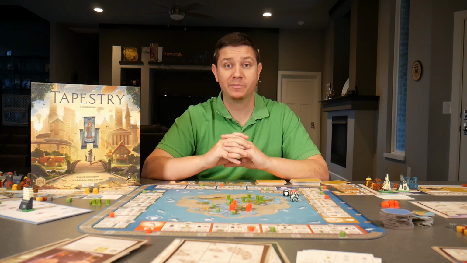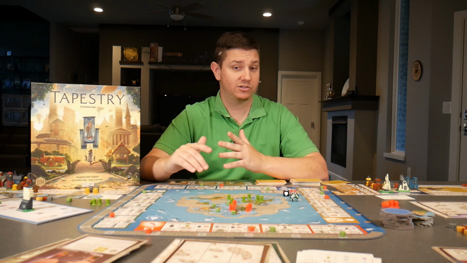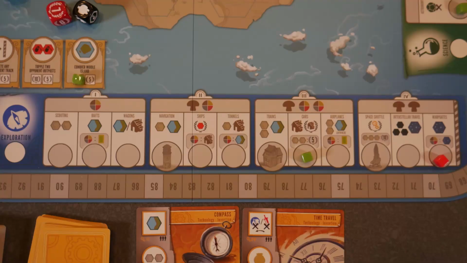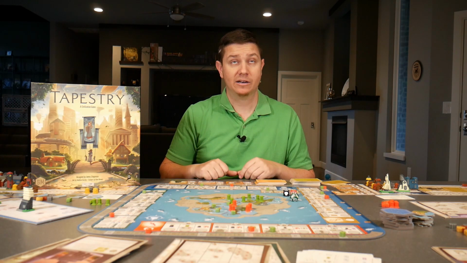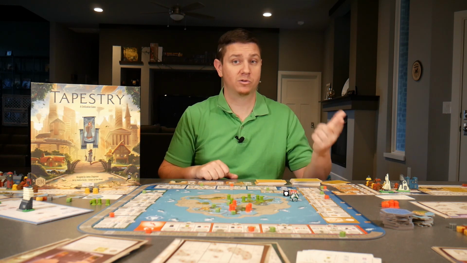So let's talk about the gameplay. The gameplay is pretty straightforward. On your advance turn, you're going to decide which one of these tracks you want to move around. Now, some of them won't have as many decisions as others, but some have quite a few decisions. Do I want to pay the bonus? And the bonus may be to put out an income house. Well, that's going to cost me another resource to put it out, but that'll give me more resources in the